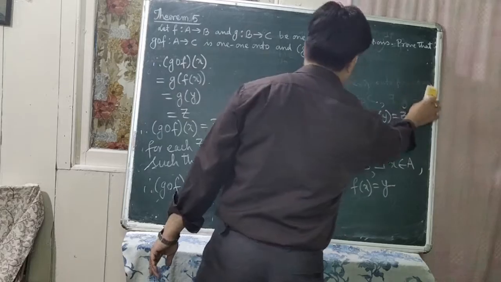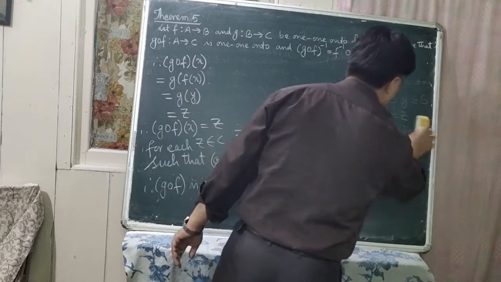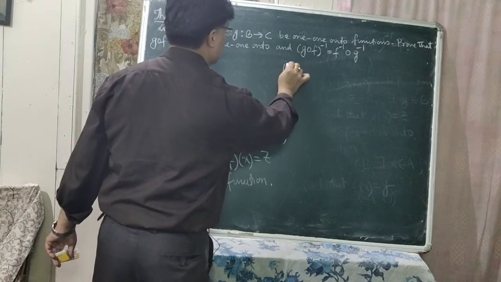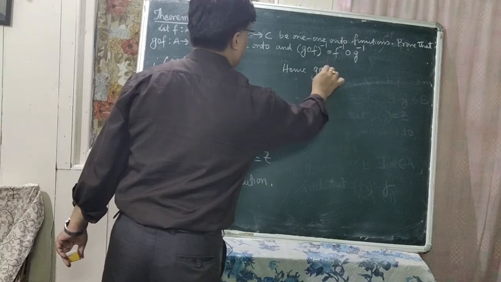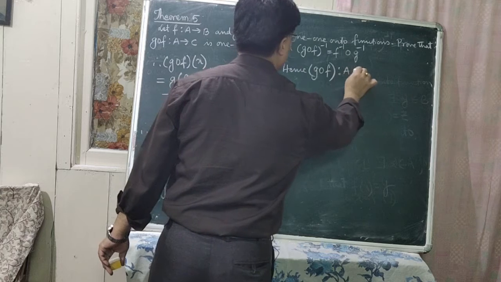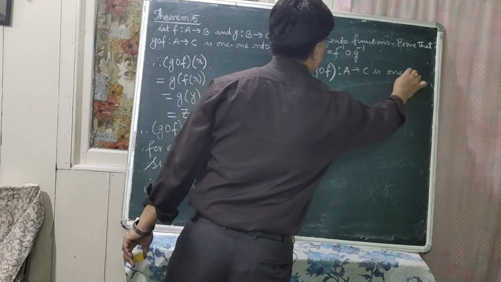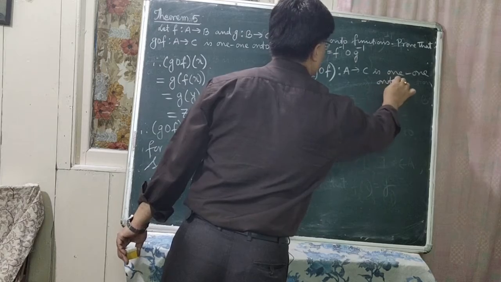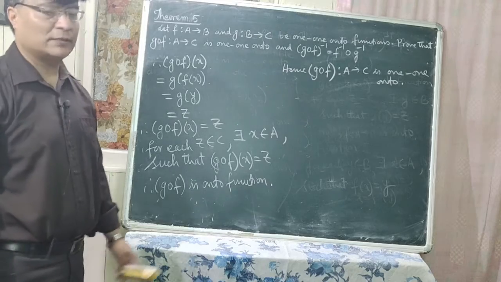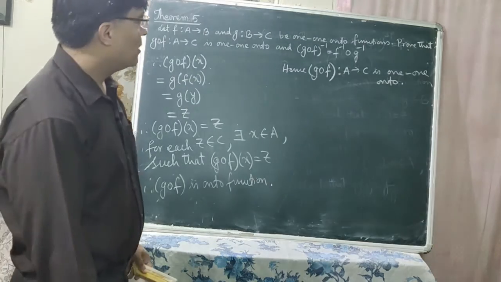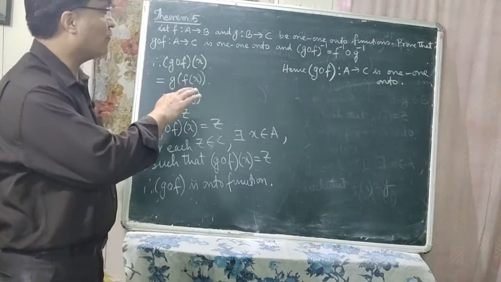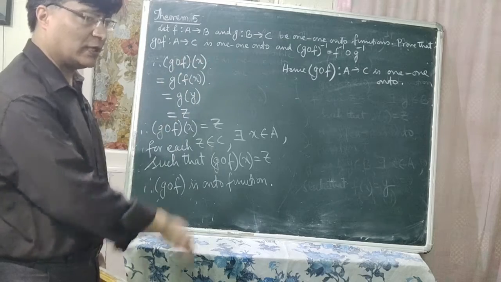Okay. So next, what will you write now? We have proved that gof is 1-1 as well as onto. So hence gof from A to C is 1-1 onto. I think you have understood it. So we have proved the first part. Now you will prove that (gof) inverse